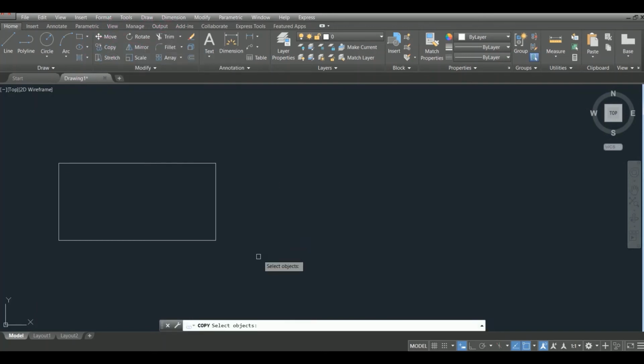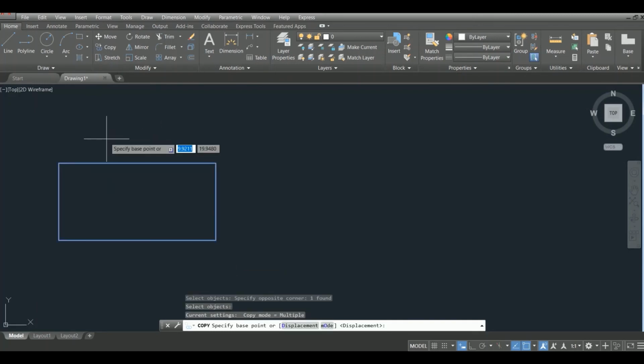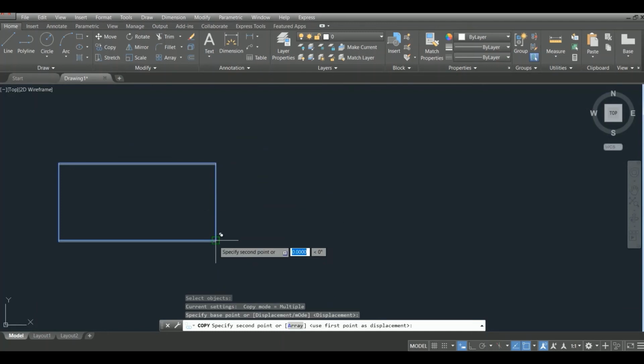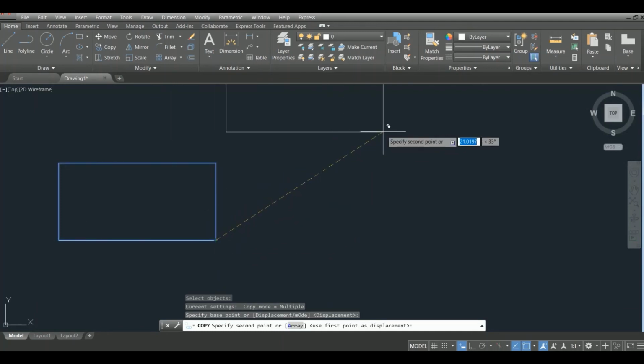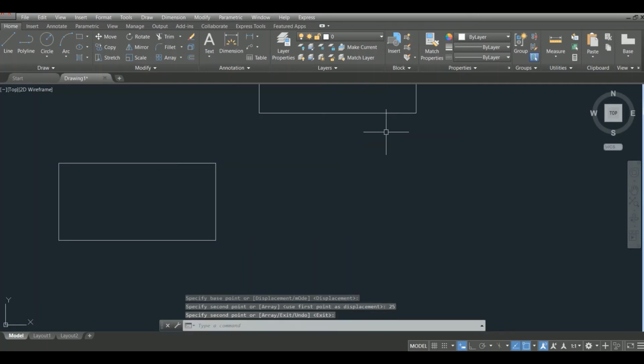Copy, left click and select the object. Specify the base point. I copy in this direction. I write 25 meter.